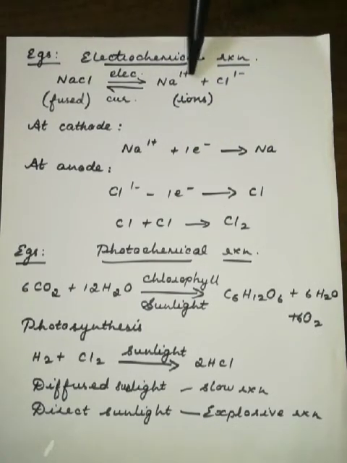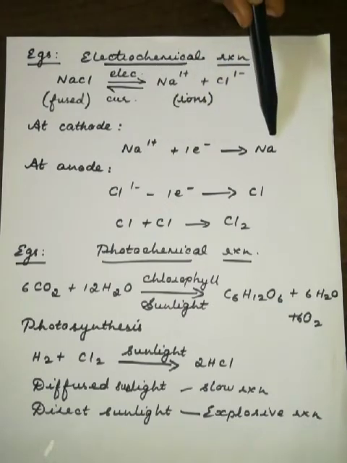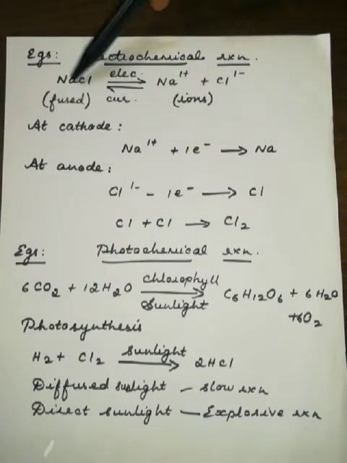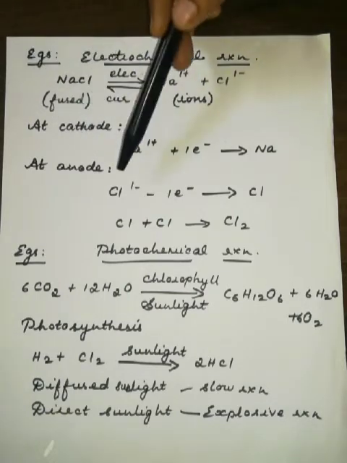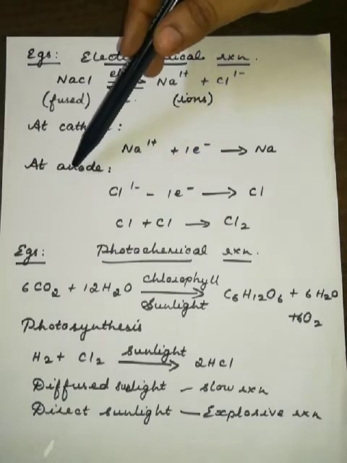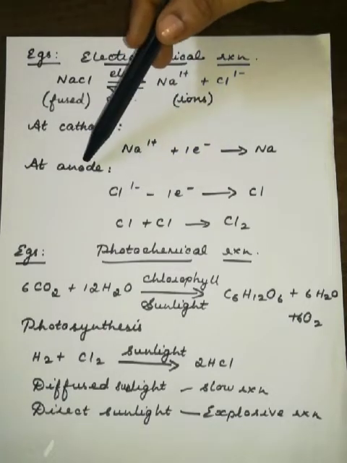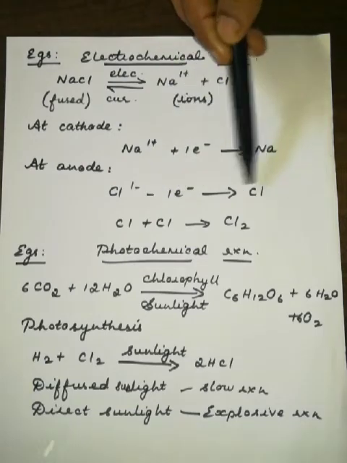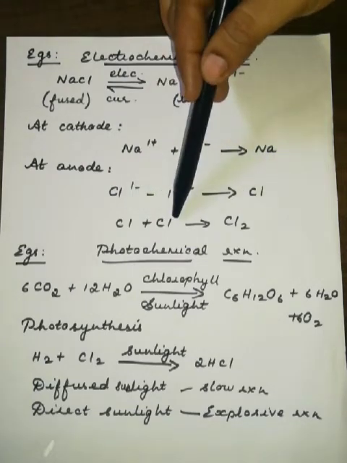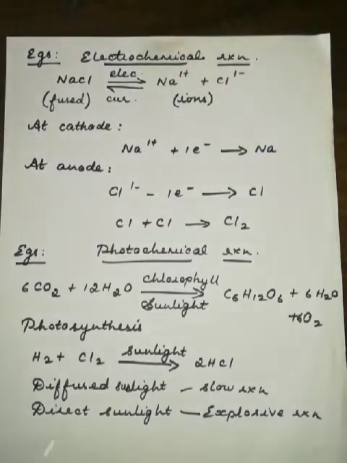So the compound splits into ions, the ions again become atoms, and the atoms combine to form a compound. So it is like a cyclic process. At the anode, oxidation takes place. The Cl minus ion moves towards it and deposits there. Oxidation means loss of electron, so put a minus sign here: Cl minus gives 1 electron and Cl. This chlorine atom reacts with another chlorine atom to form a molecule. So this is how the reaction takes place. So we have seen the energy changes of exothermic, endothermic, electrochemical, and now the photochemical reaction.